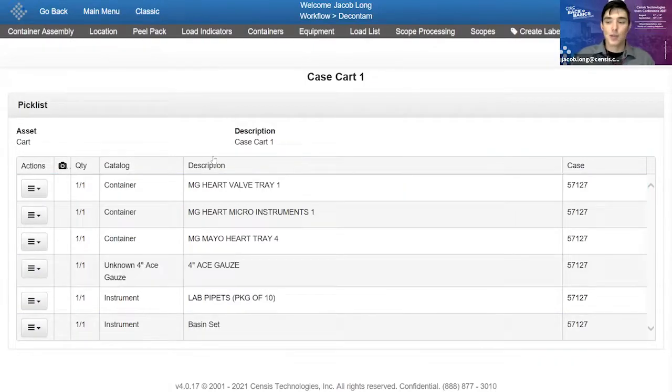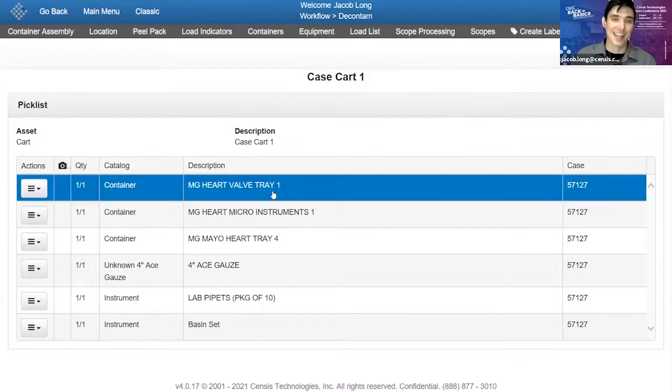Now this doesn't scan everything in one fell swoop, right? This doesn't account for all these assets. I still have to go scan my heart valve tray to give myself credit for that heart valve tray. Now, the reason it's built like this is, I'm sure we're all aware, just because we picked a case cart